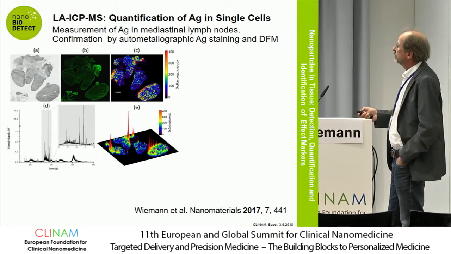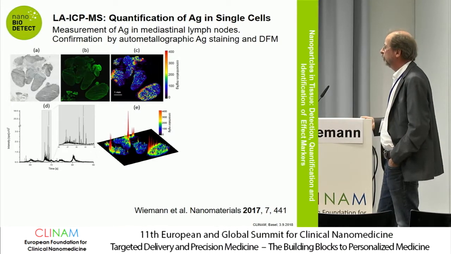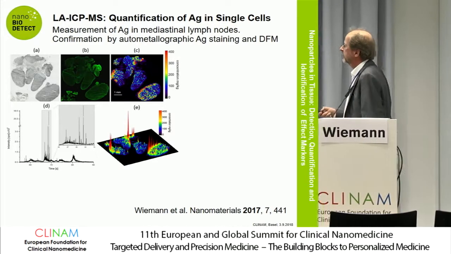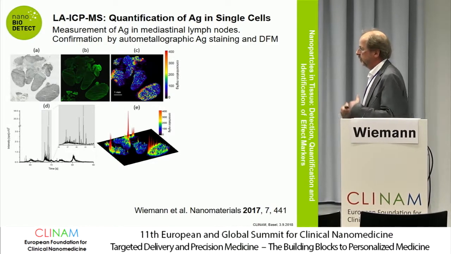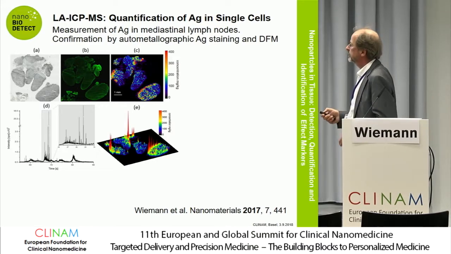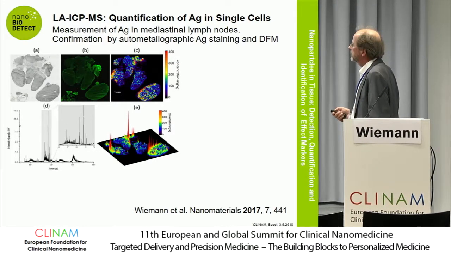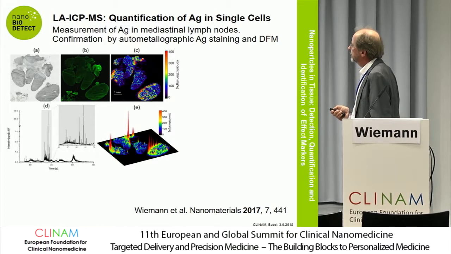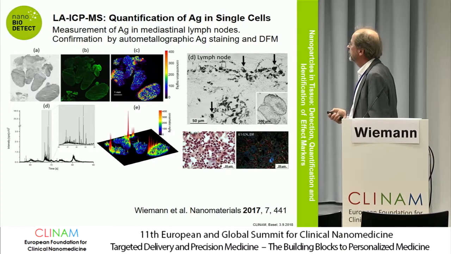Finally, with the LA-ICP-MS, it's possible. This is one example from the lymph node, again, an animal which has been instilled with silver into the lungs, and the silver is distributed, as I told before, over the bloodstream, and here it reaches the lymph node, and there are some particles here, in the depth of the lymph node, which can be